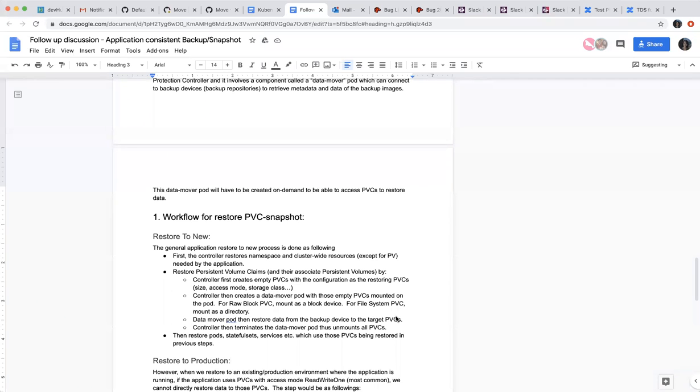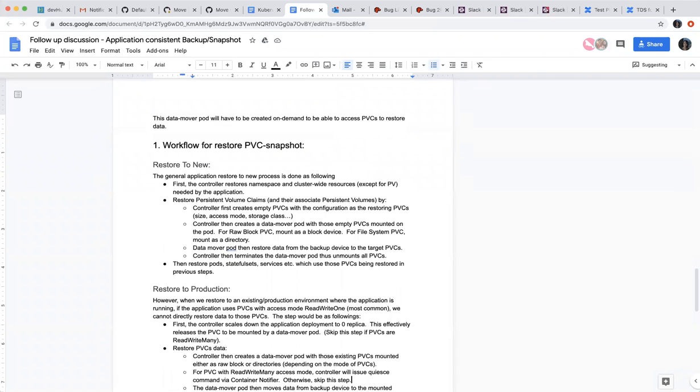For restore to production, it's a little bit more complicated. Could you scroll up the screen a little bit more? It will be a little bit more